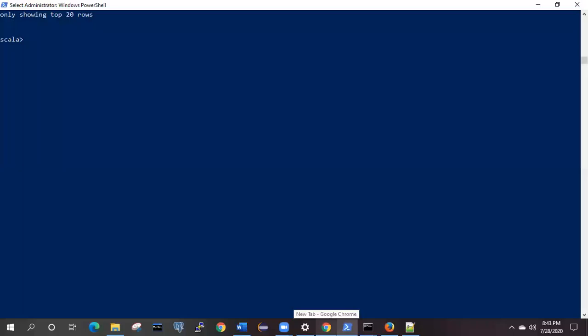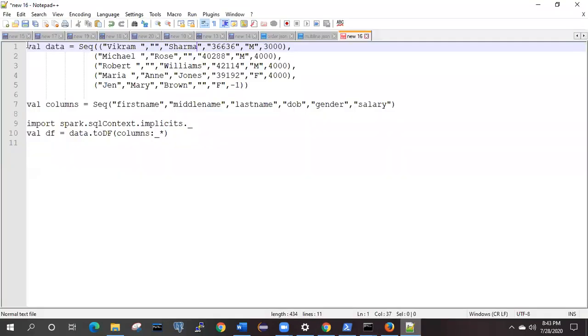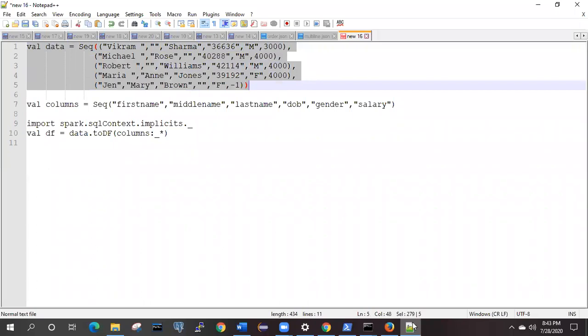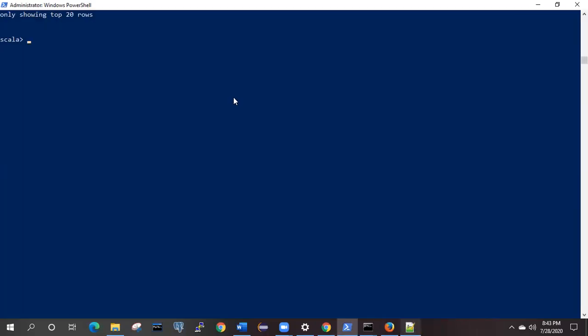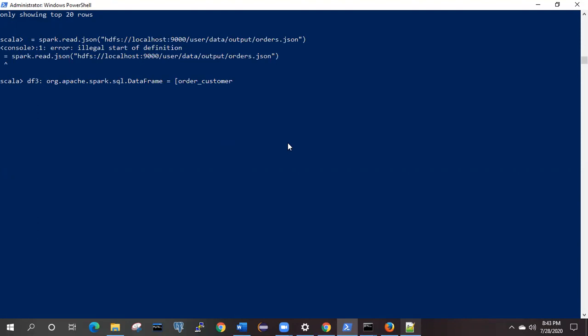So hi friends, in today's video I'm going to show how you can read and write a file which is in Parquet format. What are the changes we need to make while reading and writing the data into the Parquet format? For working with that, I have some sample data which I have already created over here. I will simply copy and paste that first of all.